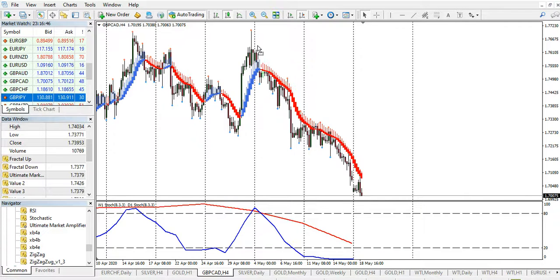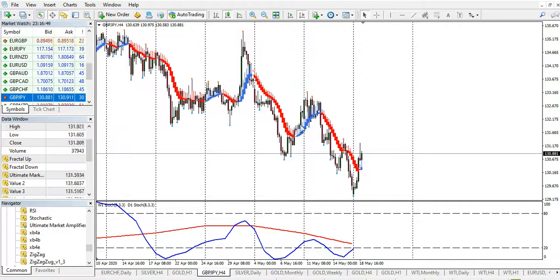Okay, so you just go through different currency pairs and look for the opportunities to buy and to sell. Okay, it's a very simple strategy, and just stick to the rules, which everything I'm going to put in the